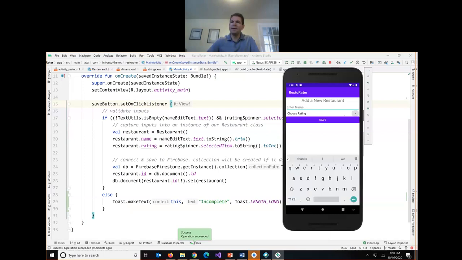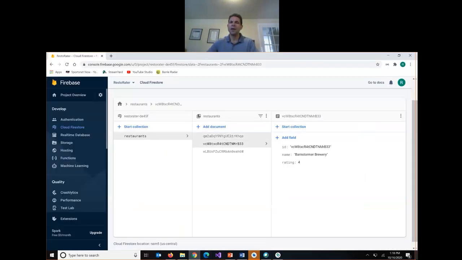If I add a rating, but no name, it still tells me incomplete. And now if I fill out both a name and choose a rating, it should save to Firestore. If I go and check, I've now got 3